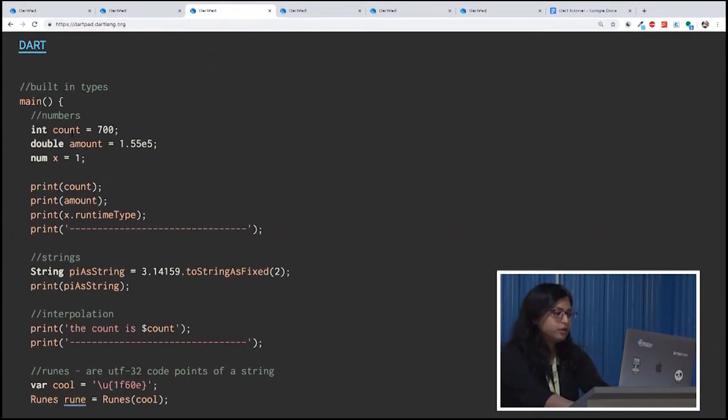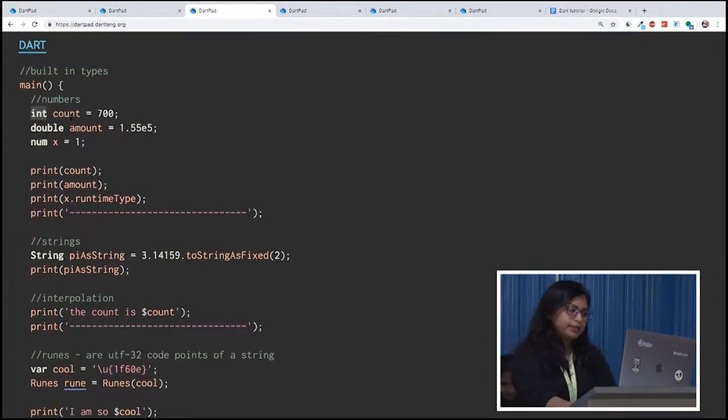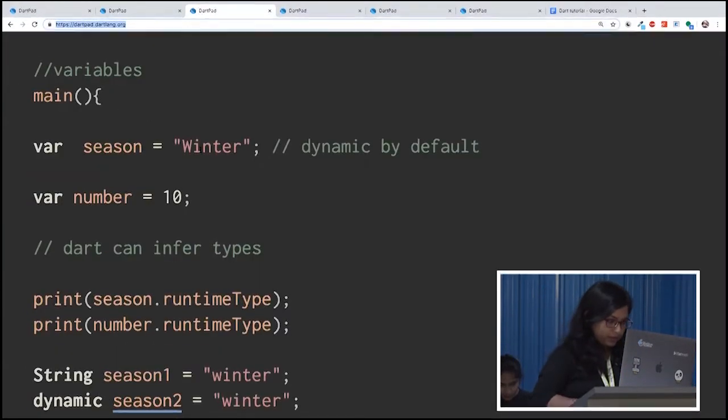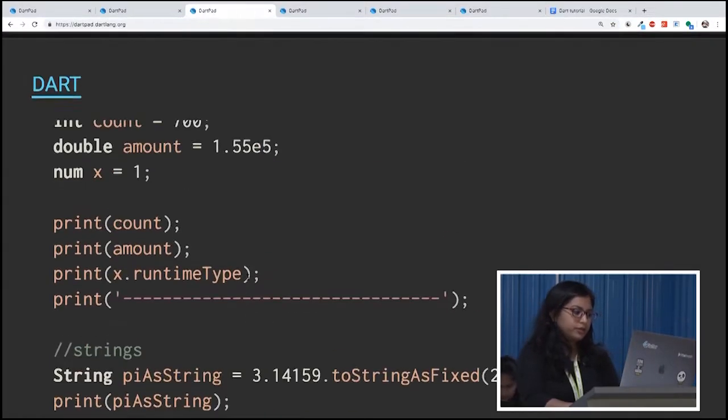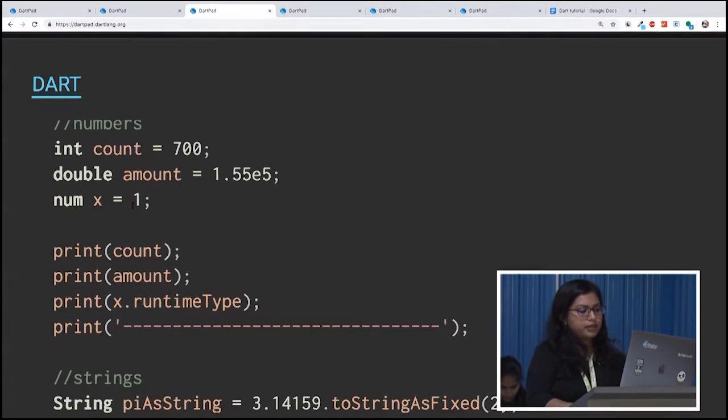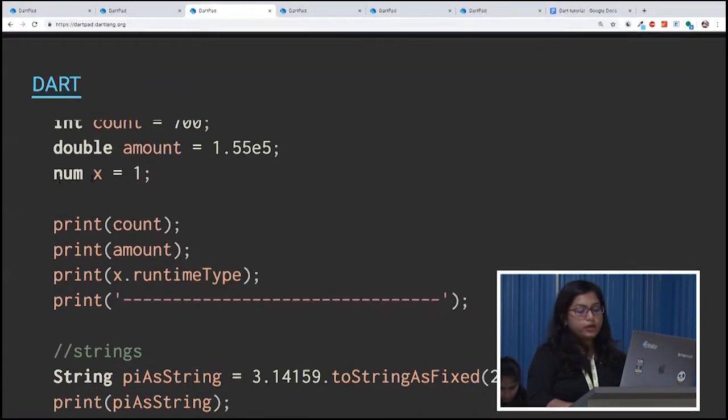All right. So here is an example of how we can write an integer and double. Now remember, there is a keyword or type called num. What num typically is, is categorized, maybe subcategorized, into integer and double. So if you write int count, it will be an integer; double, it will be a double. So this is an example of integer, this is a double, and if you write num